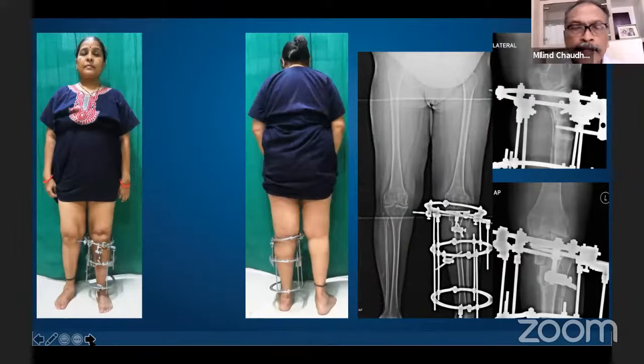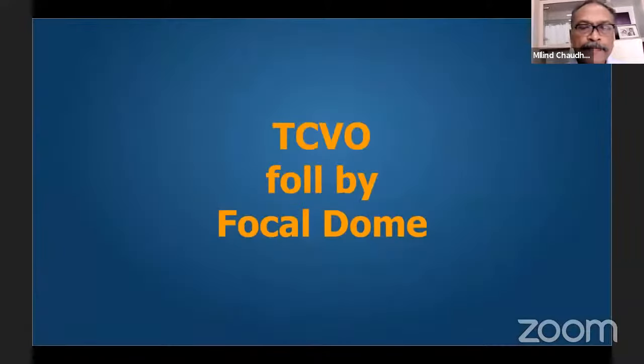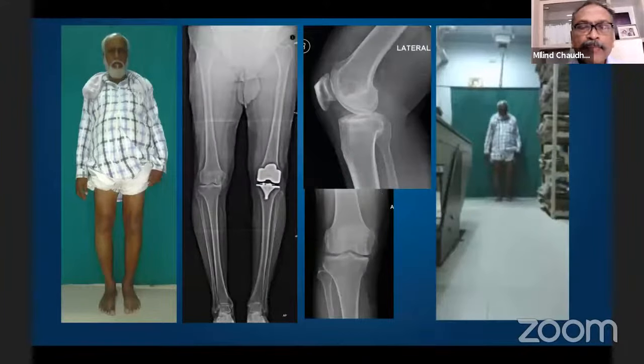And they really can get a very good correction of their, even though it looks in much more valgus on the X-ray, clinically, she's just in the right amount. It's taken care of the dynamic varus gait, and she's free from pain for the last 4 years. Now, this is a gentleman who had a total knee on one side. He's 65. He came to us, and we first did a plating because we didn't learn about doing the combination